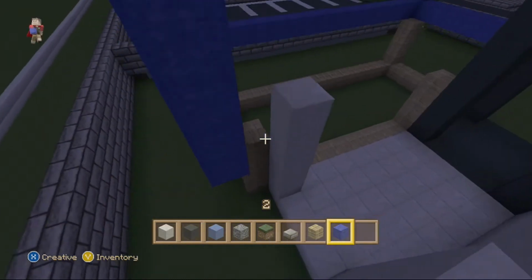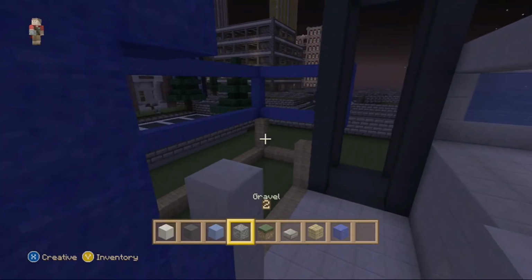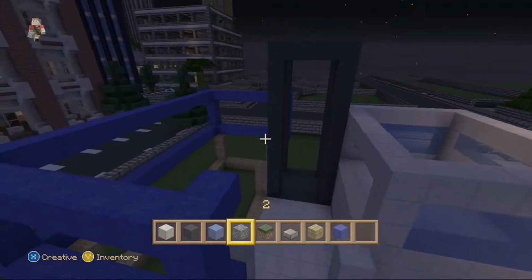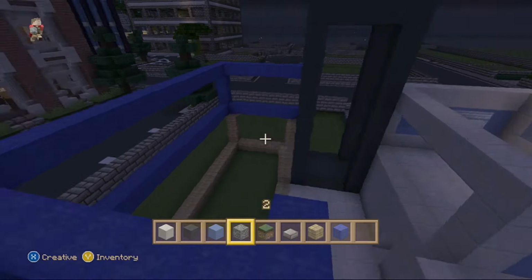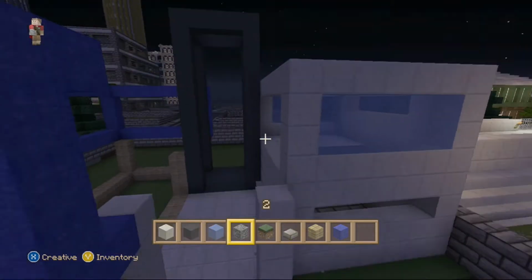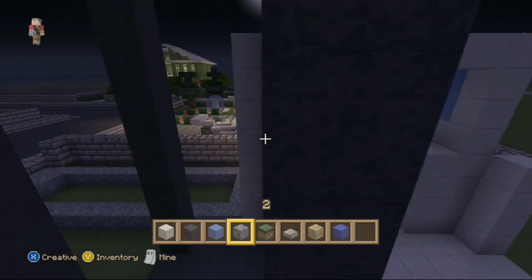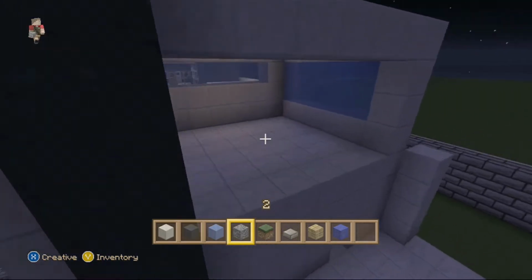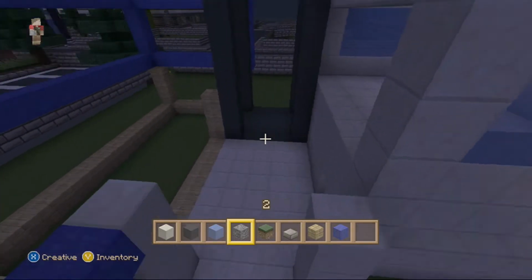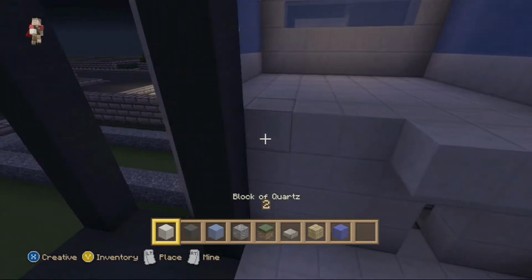Like so. Okay, now, what I need to do at this point is decide what I want to do with this quartz section. Now, I would rather have this blue section be its own section altogether, and maybe do like a little walkway or balcony kind of thing right here. In order to make that possible, that would have to connect to that. So I'm not going to do that in this case. What I would rather do in this case is make a slightly smaller balcony, and in order to do that, what I'm going to do,